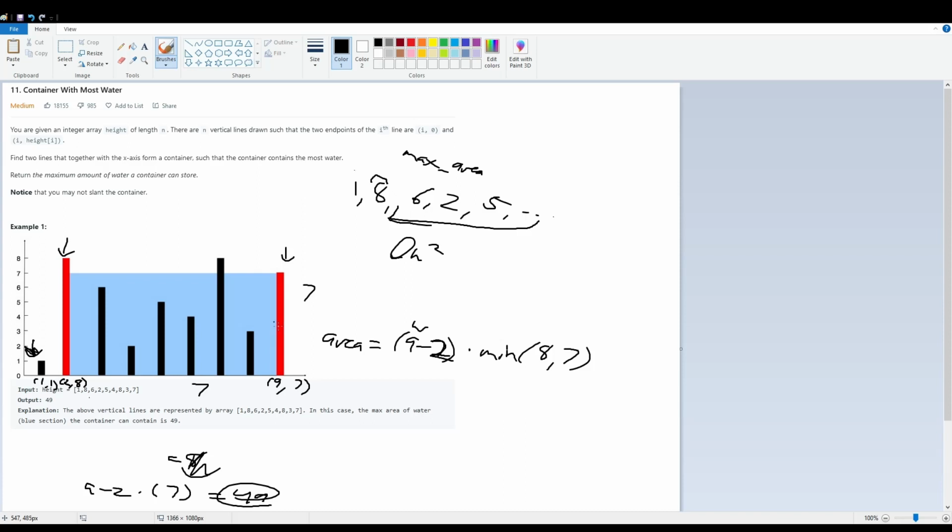So every time we have a smaller height, we can increment or decrement the pointer, depending on which end you're at, in hopes of finding a better height. We're sacrificing width in hopes of finding a better height and a larger area here. Okay, so if we keep running through the algorithm, we